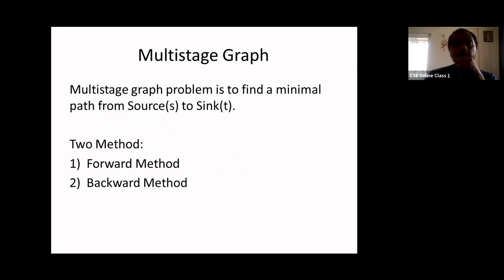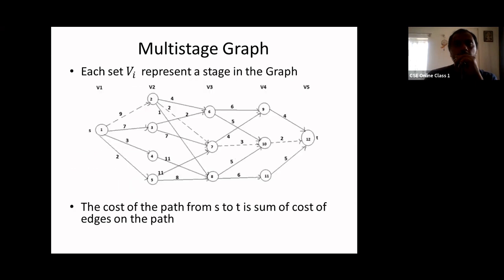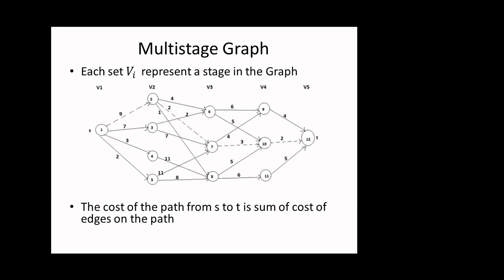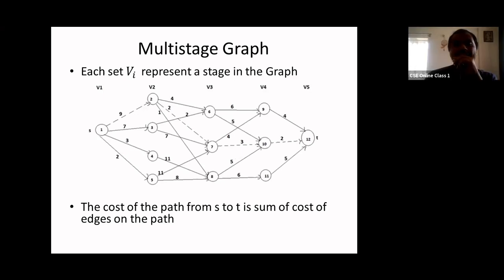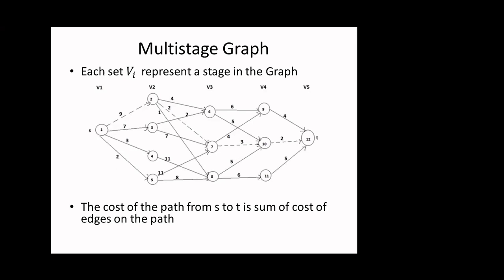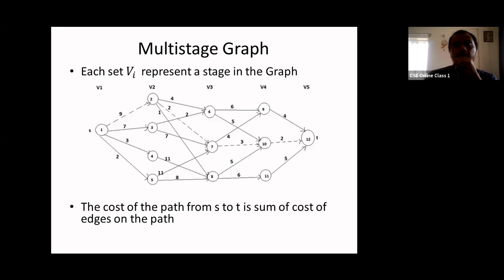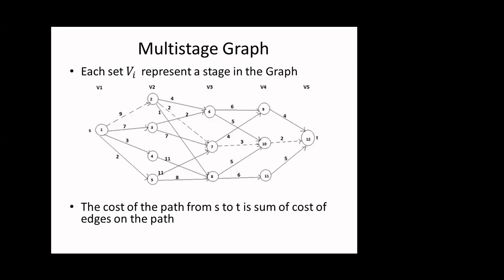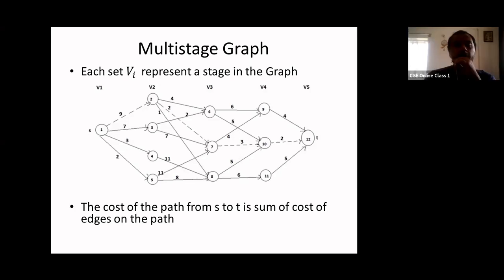Just a clarification. Did you understand what a multi-stage graph is? All of you? What is the dotted line indicating, sir? Don't worry about that. You consider that a straight line. Okay. Is there any other doubt? Correct. No. So a multi-stage graph is a very simple graph where vertices are divided into stages, and edges originate from one stage and end in the next stage.